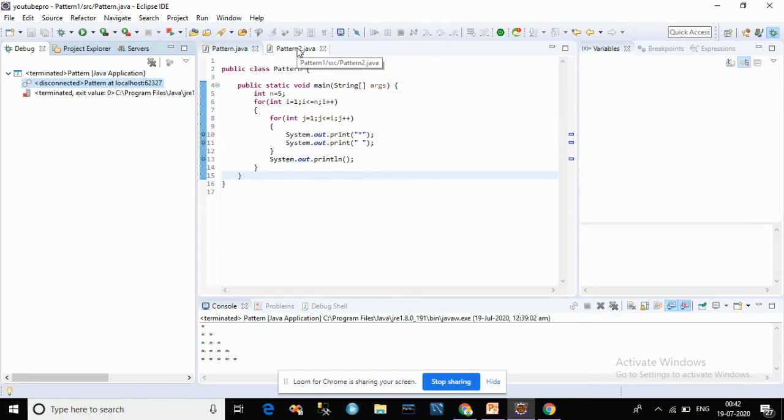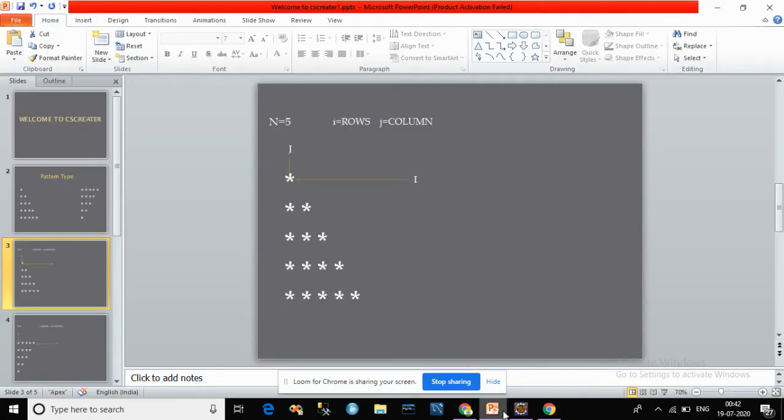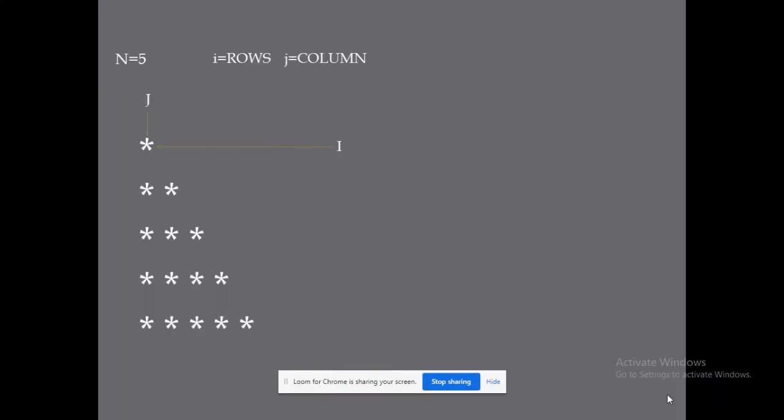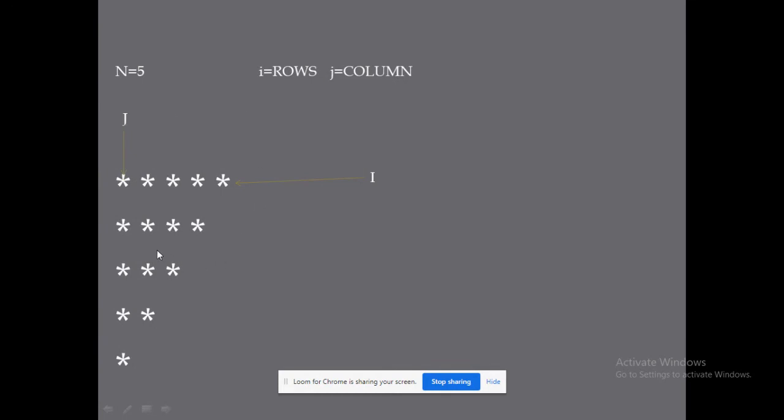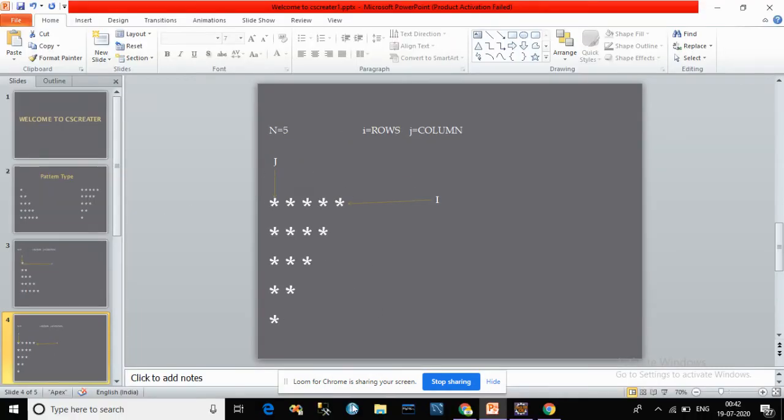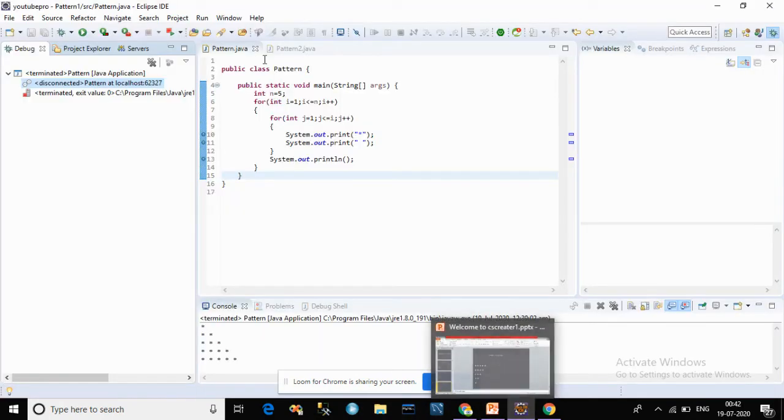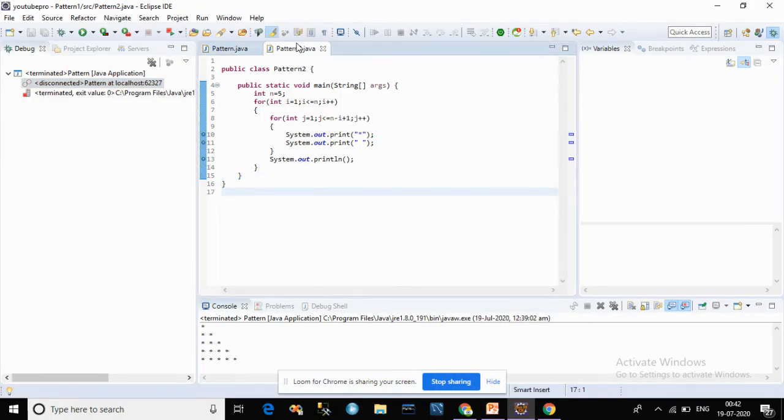So now we go for the next pattern, that is this one. Same here, we declare n is equal to 5. i indicates the row, j indicates the column. So again we go for the programming, we make the program for it also. So just we can debug it and check how it works internally.